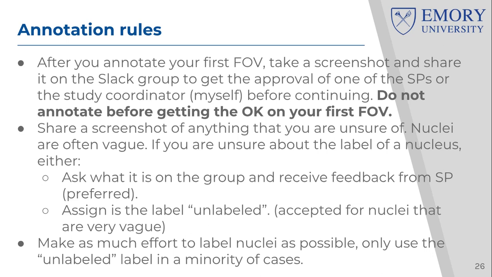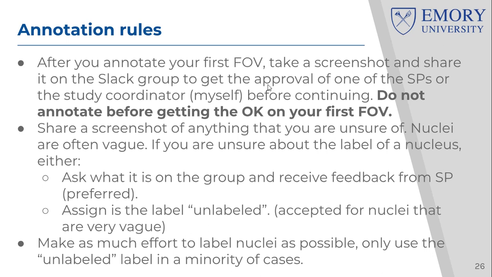Now this is for your own benefit, because if there's a systematic problem, for example, you're always mislabeling things, or your bounding boxes are always incorrect, or you have a misconception about what a lymphocyte is, or whatever. If you have a systematic error and you keep on annotating things quickly without getting any feedback, then we'll tell you, that's an error. Then you have to go back and correct all of this. So that's a waste of your time. So what you really want to do is do your first field of view, get feedback, and then once you get our OK and you're sure that you're doing things correctly, go on and continue.